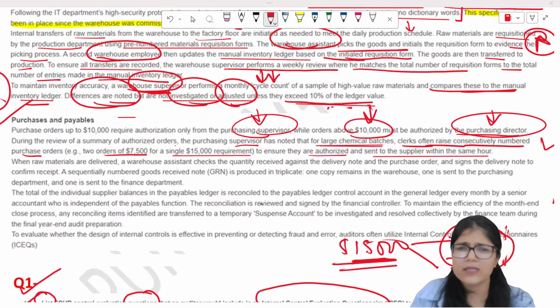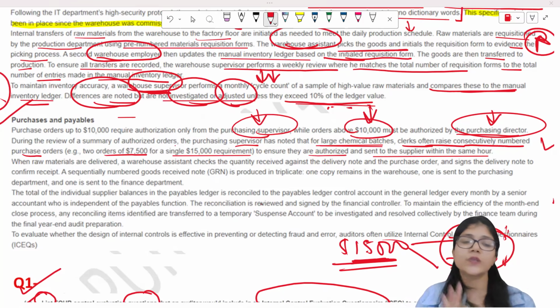But that does not really make sense, because the company will lose. Over here, the company will not get the review at the director level. It is a large purchase, so technically it should be evaluated at the director level, but it gets evaluated by the supervisor level, which is again not fair. Probably there are risks, probably unnecessary expenditure, probably unauthorized, probably the supervisor is also working in collaboration with the team, right? So that is again a concern.